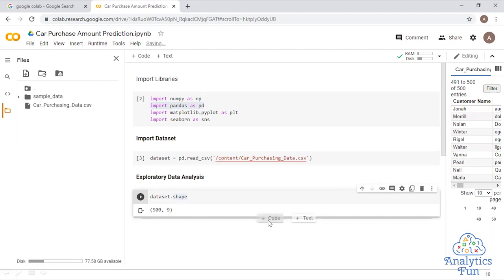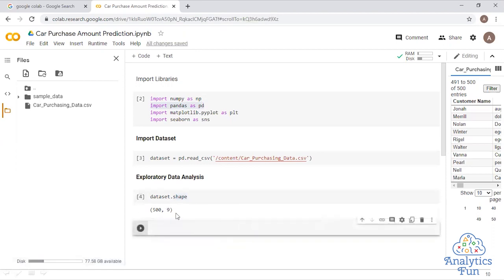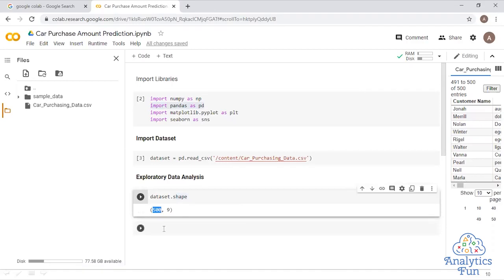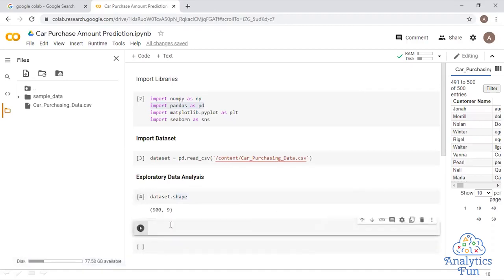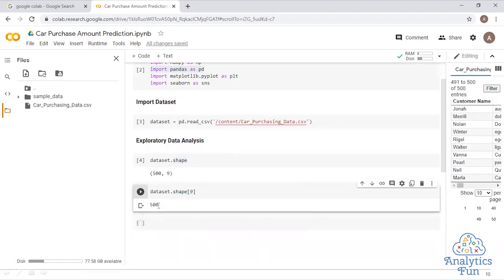Now if I want to fetch only the number of rows, how can I do that? There are two methods. One is you can use the index, that is dataset dot shape index of 0. So this is the index of 0 and this is the index of 1. If you run it, you get 500 rows. And if you change it to 1, you will get 9 columns.